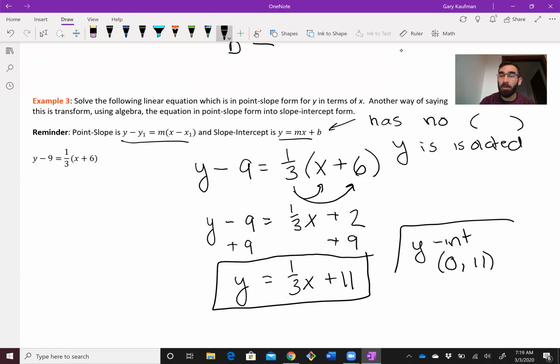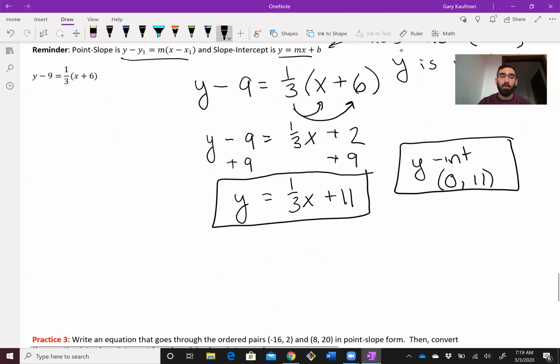So yesterday we learned one way to get to slope-intercept form. This is another way. We can actually go to point-slope first and then convert it into slope-intercept form. Make sure this is in your notes. And if you don't understand, make sure you come see me in Google Meet. Otherwise,